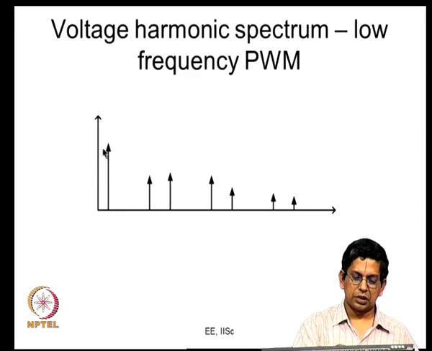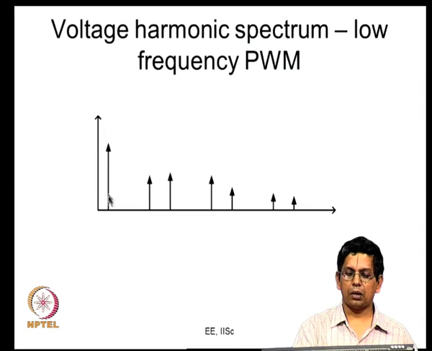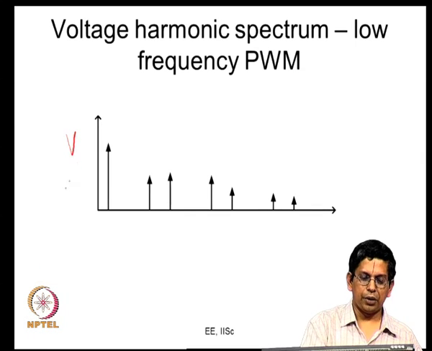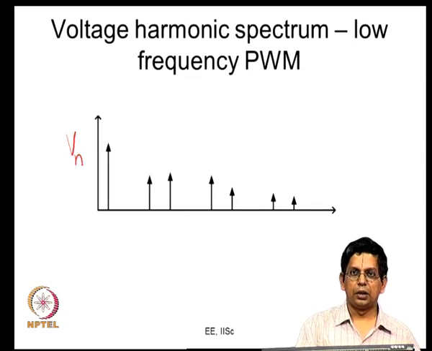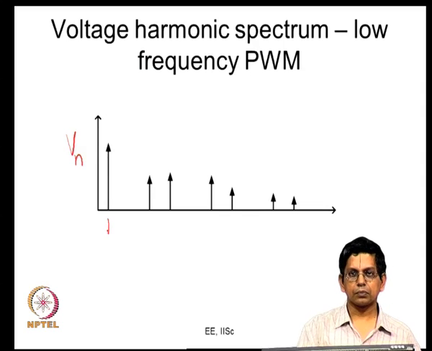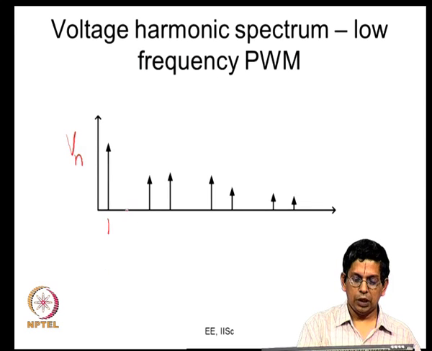So, this is some typical harmonic spectrum of a low frequency PWM method. Let me indicate this is the magnitude of harmonic. So, what are the various frequency components in the inverter output voltage? There is a fundamental component which is most important, which is what we want. Then this waveform, let us say, has half wave symmetry and therefore, there are no even harmonics. Now, there would be the third harmonic, and the third harmonic is 0.